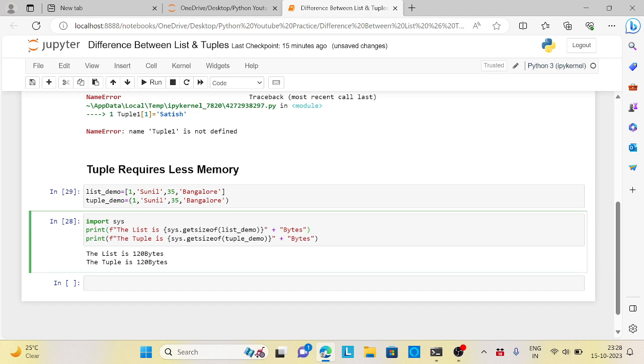Now if you see here, the difference of bytes: the same information I am storing in a list and the same information I am storing in a tuple. The list size is 120 bytes whereas the tuple is 72 bytes. Okay, so this is a very small bit of information. Just think of real time when I am keeping it, the size will be there. So it means that